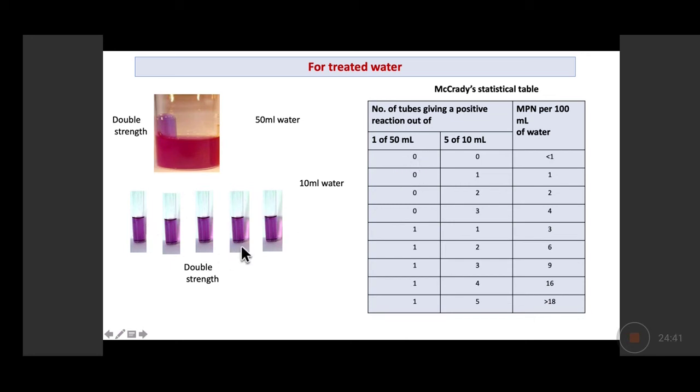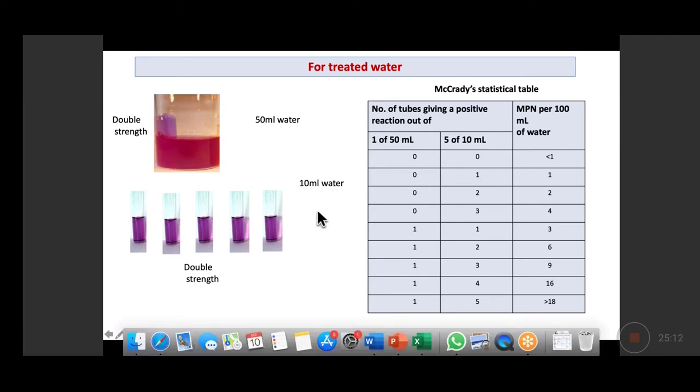Then in the second set of tubes, if it is 0, then for 5 of 10 ml the reading will be 0. Okay, so in this way, with the help of McCrady's statistical table, we see the reading and we calculate the most probable number per 100 ml of water. So basically we are detecting the number of bacteria which are present in 100 ml of water. So these tables are basically present. Okay. So here you can see